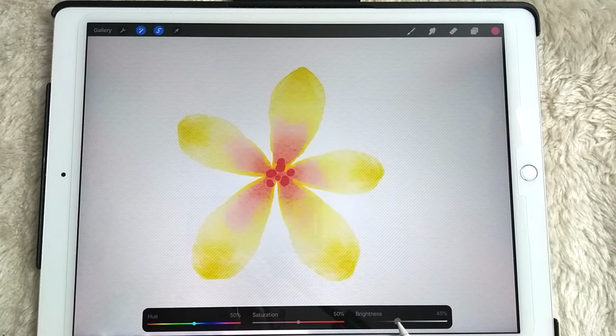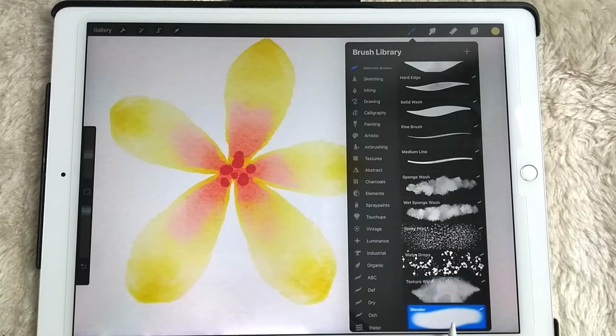But this time I'm turning down the brightness and I'm going to turn up the saturation just to make that middle part brighter. And you can play with the settings until it looks right. So now I'm using the blender brush, and you can toggle the transparency and size of this to make it